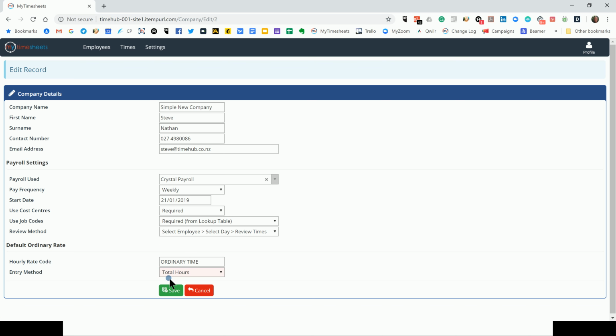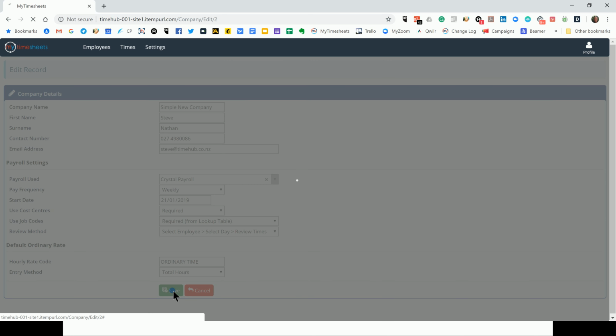So set that up. You can change the methods and see how they work, and we'll cover them both at different stages of this video. So if I save that,